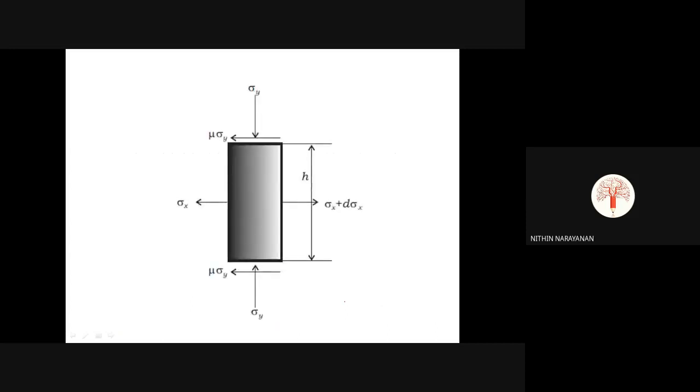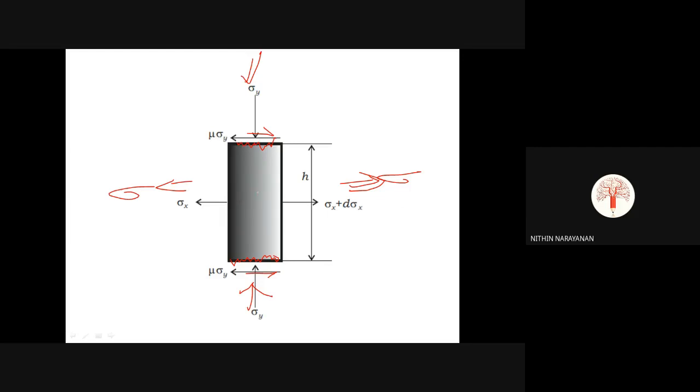At any instant of forging, the equilibrium equation of the element in the x direction gives an equation like this. We know that we are applying compressive force onto the material, so there will be flow to both sides, and also a shear flow in this direction, because that is the area where it is coming into contact with the die. And this is the normal direction where the material is moving.